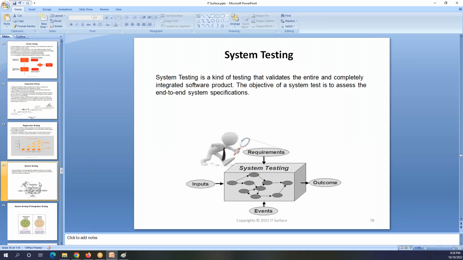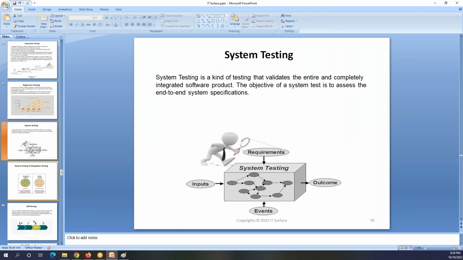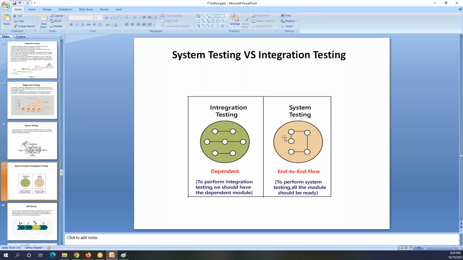Now we cannot cover a lot of things today, but we understood the different kinds of testing, which will help you and me as well. System testing, I already defined in the previous session, and how system testing and integration testing look. In integration, you are mapping 2 dots or 3 dots, but in system testing, you are mapping all of the dots. So that is kind of like end-to-end testing as well.